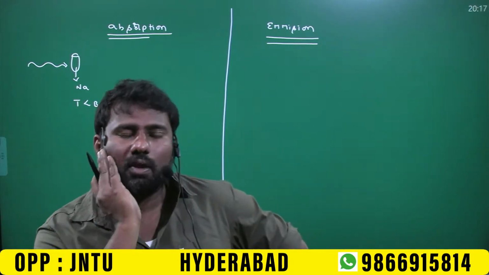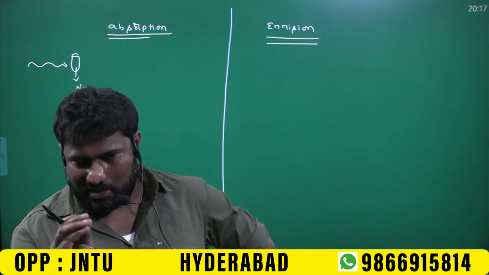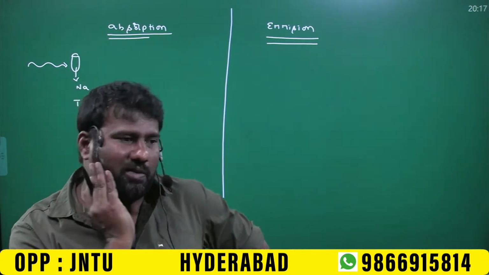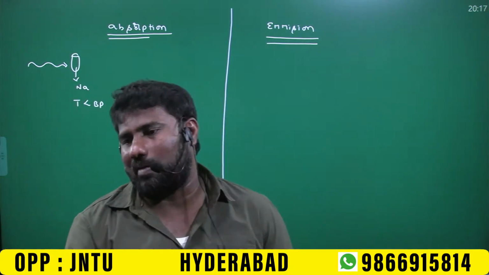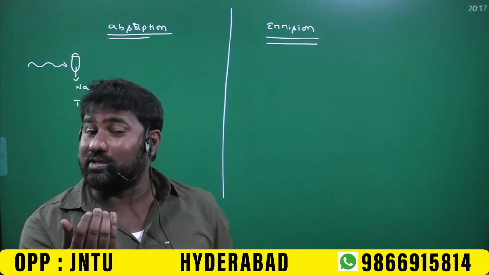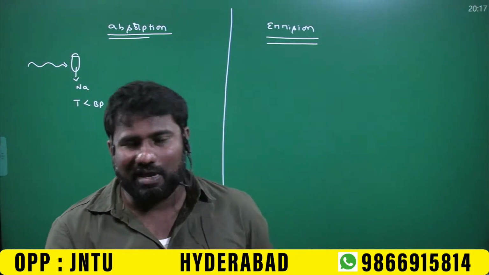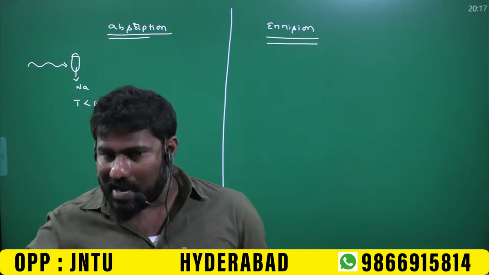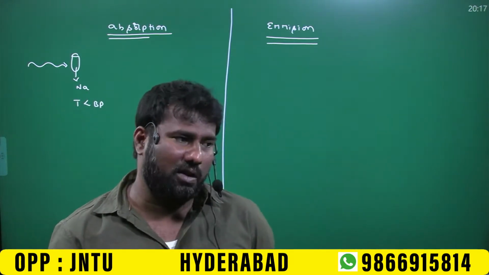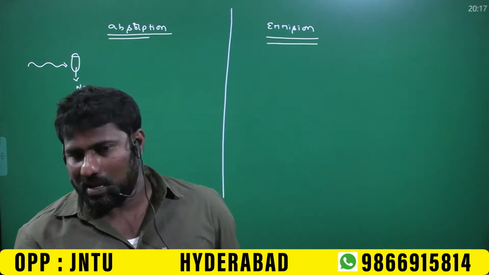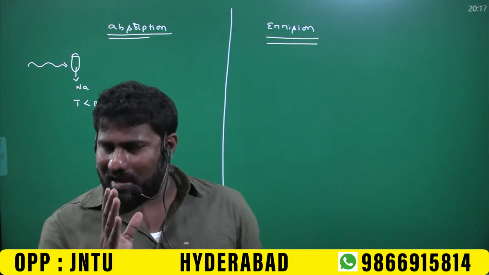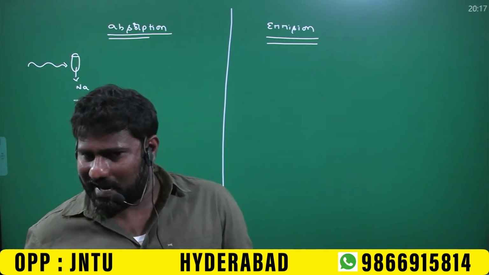వినరా? Now the copper sulphate appears in blue color. Indirectly what will happen? The copper absorbs red color from the visible region. Visible region nunchi red color ni absorb chestadi, and it is going to emit blue color. Blue color emit chestadi. In the same way, some of the compounds are going to absorb certain radiation and emit